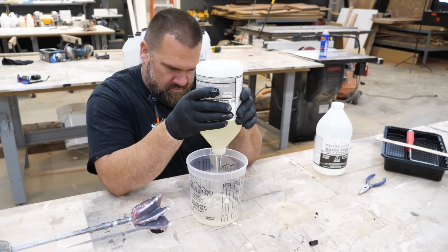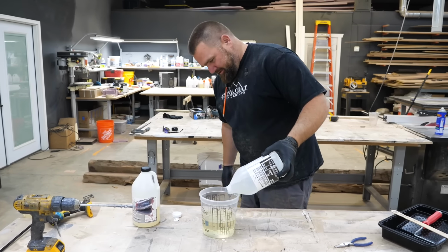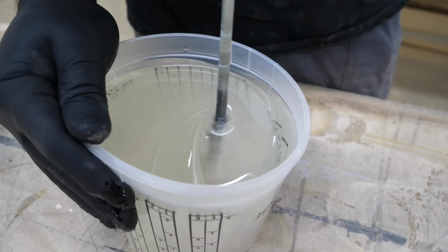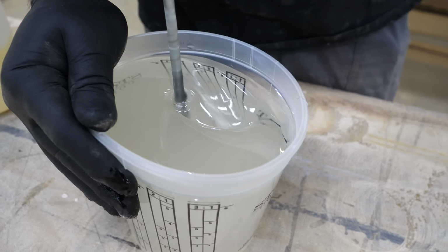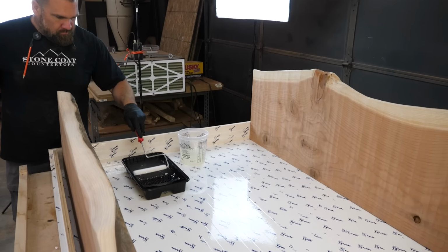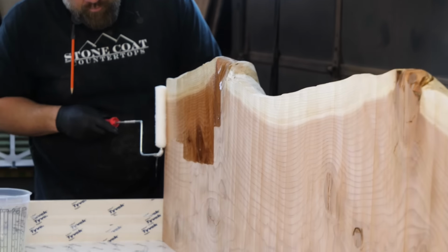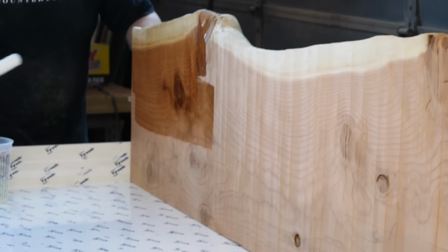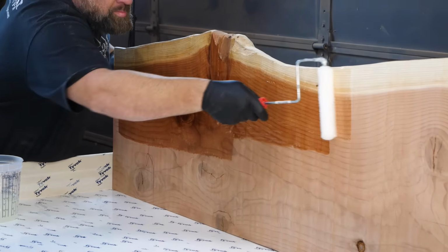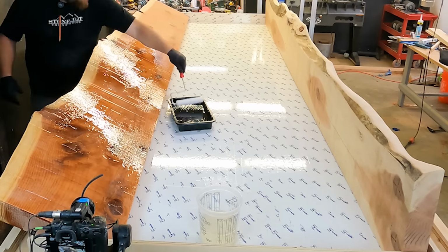I like to take quick coat. I'll mix up just enough to completely coat my slabs. I'm going to put a nice coating on the bottom, and then I'm going to apply my slabs into the form and let that quick coat all dry. I'll just roll it on there, because what this does is connect my slabs to the bottom of my form without having to put weights, without having to screw down something to keep my slabs from floating,